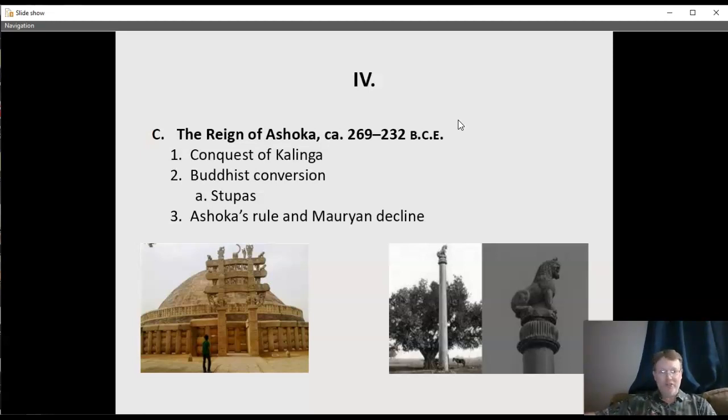I mean, he built thousands of stupas and temples and holy sites and monasteries and pillars. Imagine how much wealth that had to involve. All the workers, all the time, the laborers. Sure, it gave some people jobs. That's good. Certainly, building infrastructure gives people work. But once the temple's built, what then? You can't eat it. You can't live there because it's a holy site. So it's not going to give you food. It's not going to give you shelter. It literally provides nothing for your family. It doesn't put food on the table. So again, it might give you a job while it's being built. But once it's built,